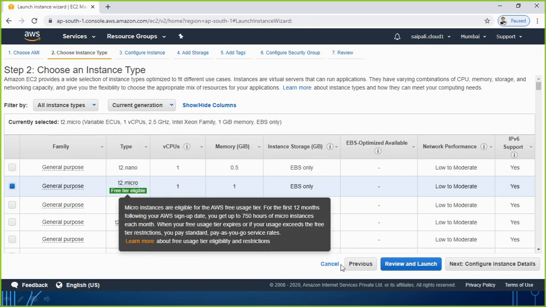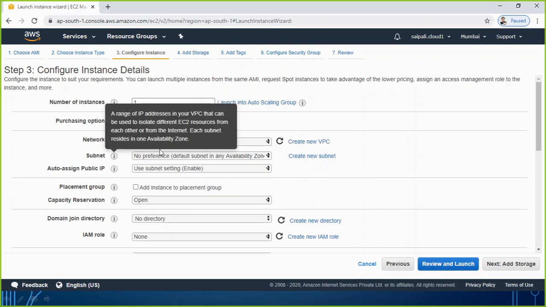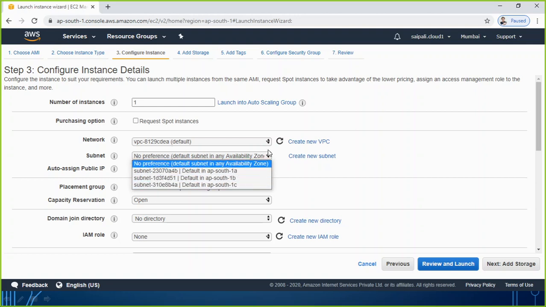We have already discussed about these things, so I'm not going to talk again about it. We are already aware about these types and all. So the family will be general purpose. I'm using type t2.micro, that is free tier eligible. Then I go with the next, configure instance details. Here we have also covered the meaning of all the options, how many instances you want to create, in which particular availability zone you want to create, which region you are creating. Please pay attention here. You must have selected your specific region where you are willing to create your instance. So for me, I have selected Mumbai.